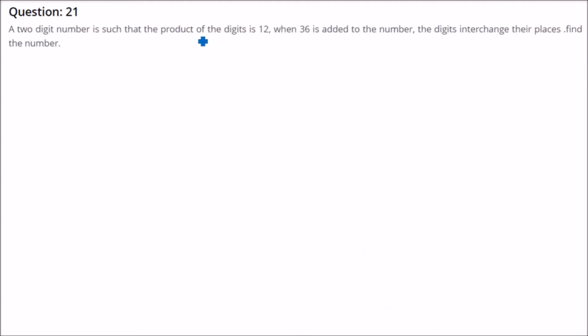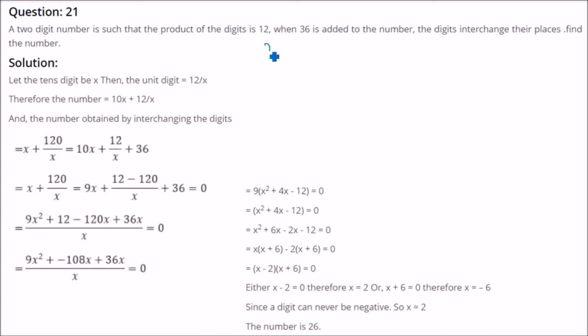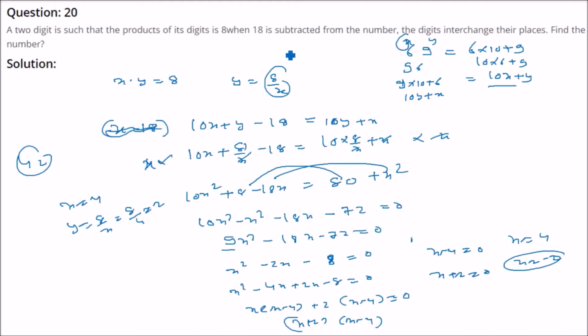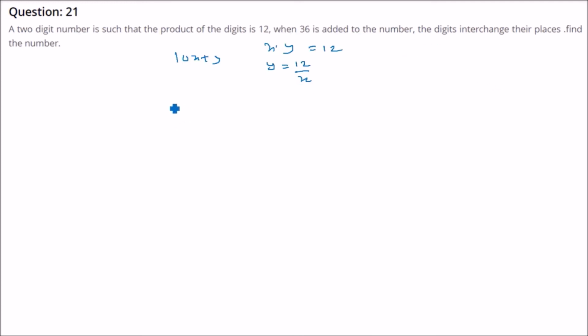A two-digit number is such that the product of its digits is 12. Same thing we are going to do. That is x into y. If I take x as the first digit, y as the second digit, x into y is 12. So y will be equal to 12 by x. When 36 is added to the number, what is the number? 10x plus y, right? I already explained that, it is 10x plus y. So if 36 is added to this number,